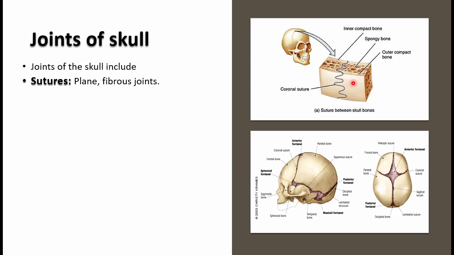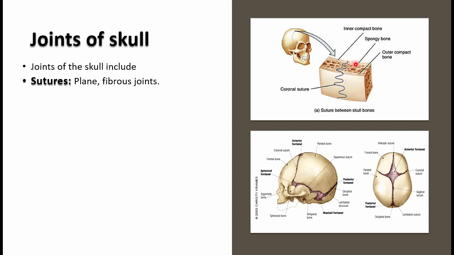You have an outer table of bone, and then you have the inner table of the bone, and in between these two you have a vascular tissue which is called the diploe of the skull. Okay, the outer table is somewhat thick and it is covered by the pericranium, and the inner table of the